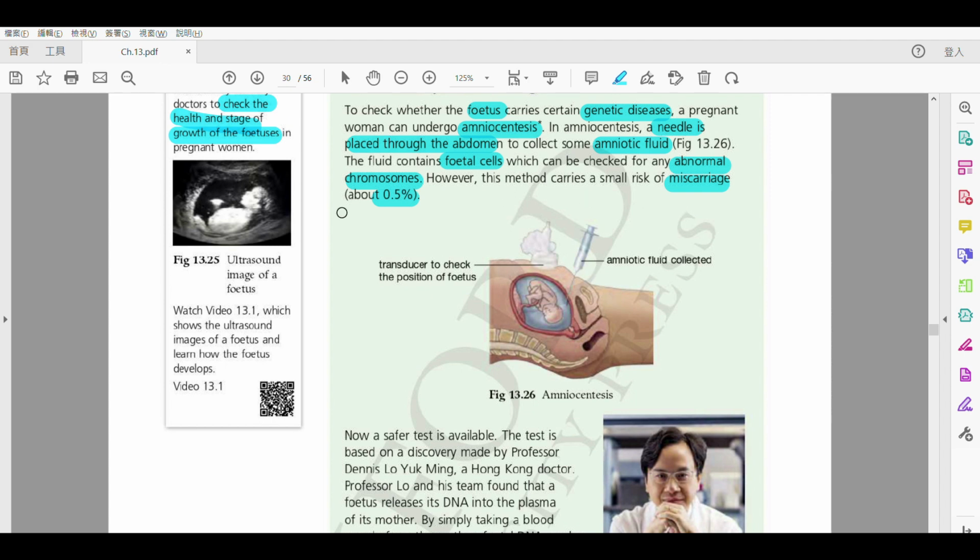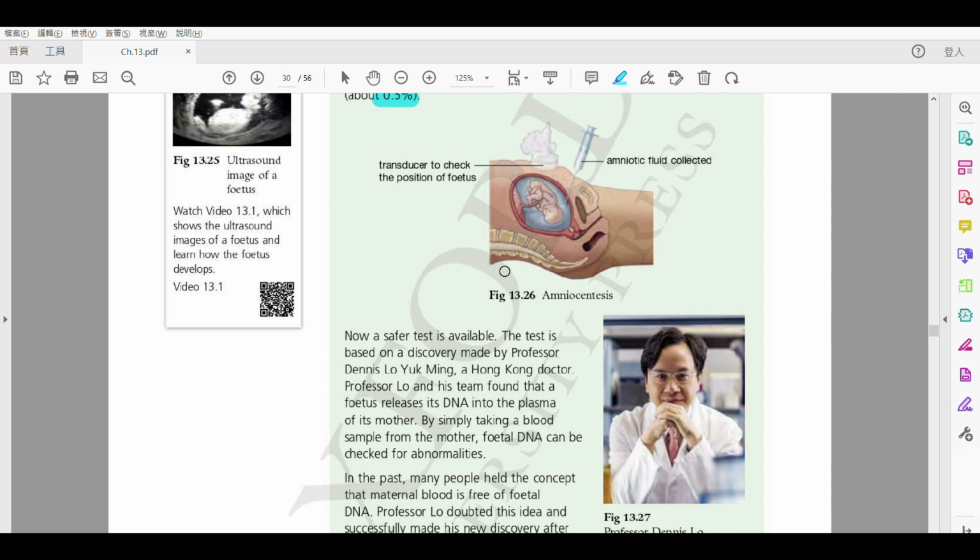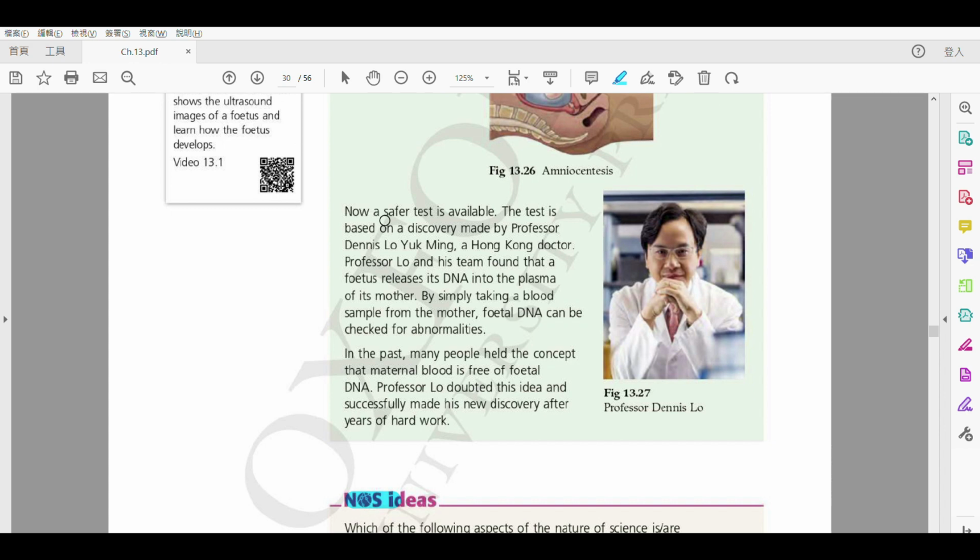Okay, so this is the method done earlier. Okay，大概喺早少少嘅年代會進行嘅。Okay, so as you can see, this is the needle and it is collecting the amniotic fluid. Okay，然後啦，當然啦，at the same time，we do not do it blindly，唔係盲咗去睇嘅。So there you will also see the position of the fetus first, but still there is this chance of hurting the baby 嘅。